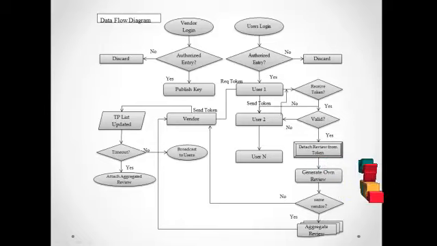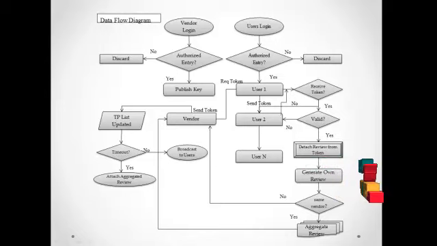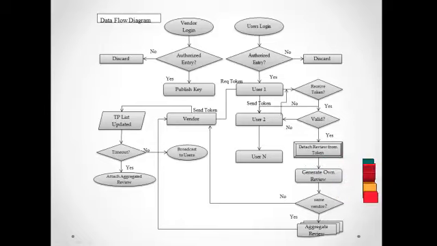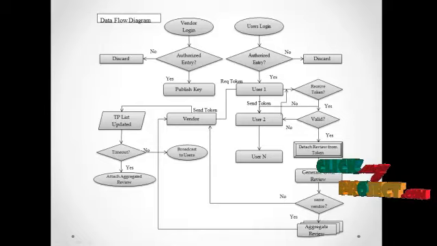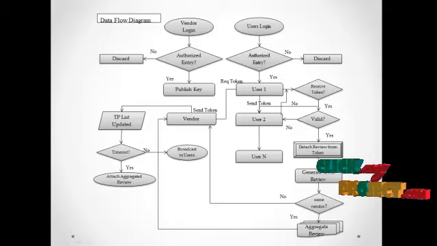After the successful entry of the vendor, he can generate a key pair with the combination of a public key and a private key. And then he can publish only the public key to all successfully logged in users. First, the user one will start requesting for a token. With the help of this token only, he can submit his own service review to the vendor.